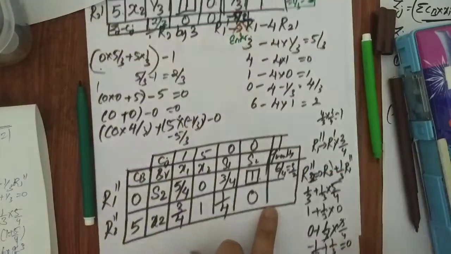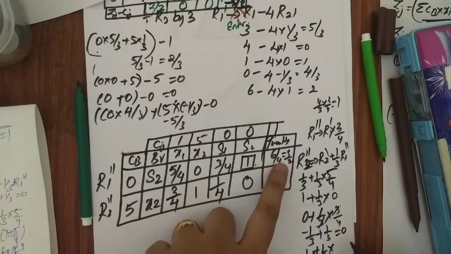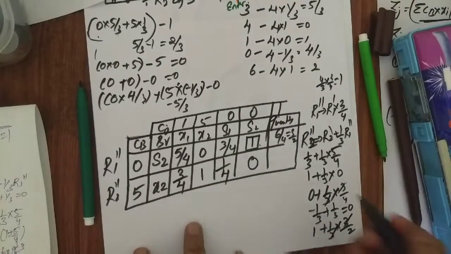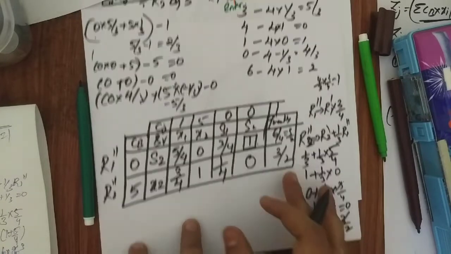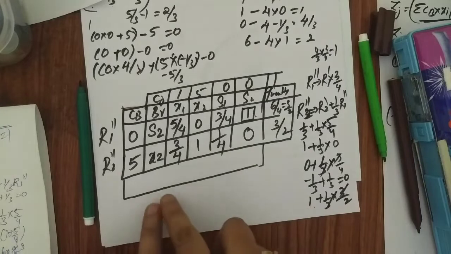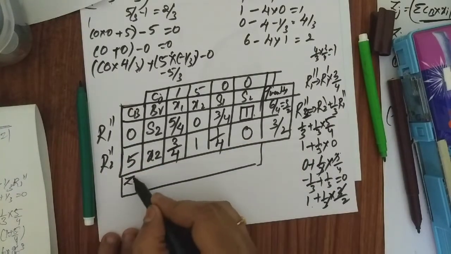Kindly find the quantity also. So here I have 1, here I have 1 plus 1 by 3 into, what is the quantity? Here we have 3 by 2. 3 cancels, 1 plus 1 by 2, so we will get 3 by 2. Now check the Zj minus Cj. If all the values are positive, then you can stop the process.